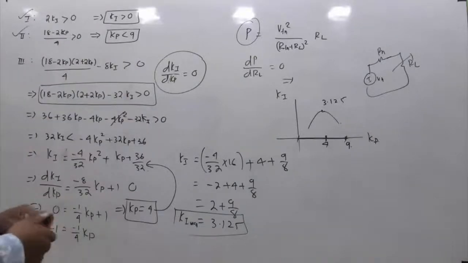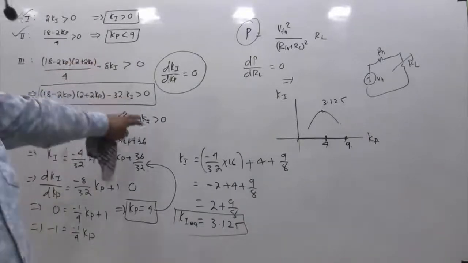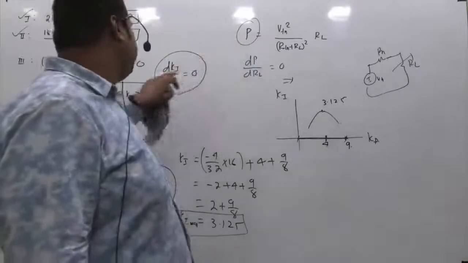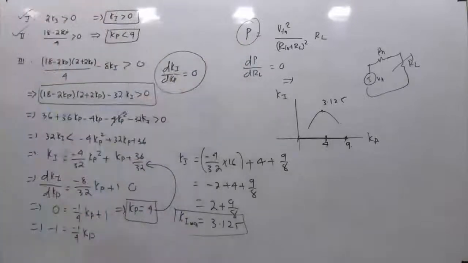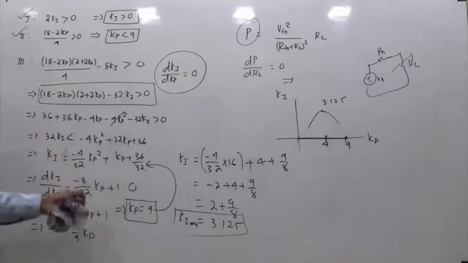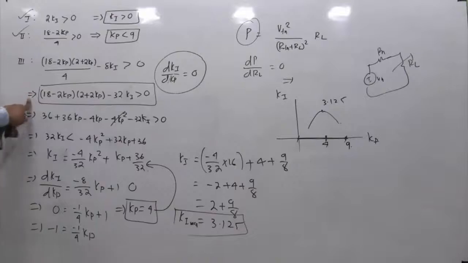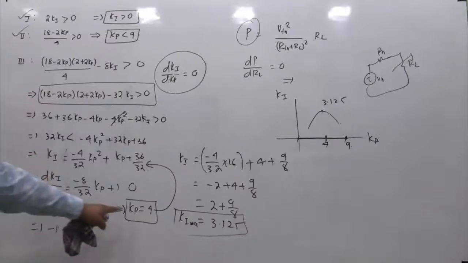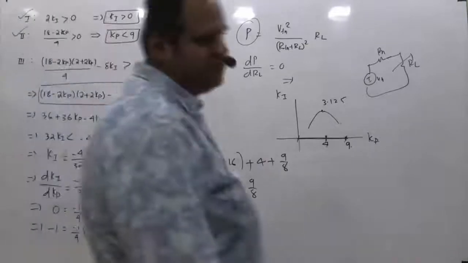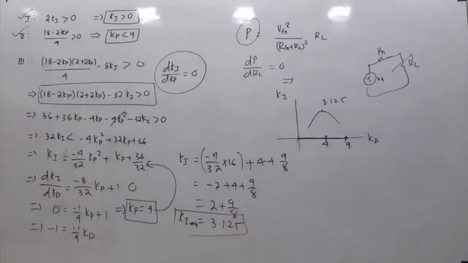For that we are differentiating Ki with respect to Kp, like the way we find for what value of Kp the function takes its maximum value. Similarly, for what value of Kp does Ki take its maximum value. We are getting that value of Kp to be 4. When Kp equals 4, Ki will take its maximum value, and that is what these conditions indirectly imply. So we got Kp equals 4, and substituting in the expression of Ki, we get the answer 3.125, and that's the right answer for this question. Yes, it's a lengthy question, a conceptual question, and very few people might have attempted it. So the answer is 3.125 for this.